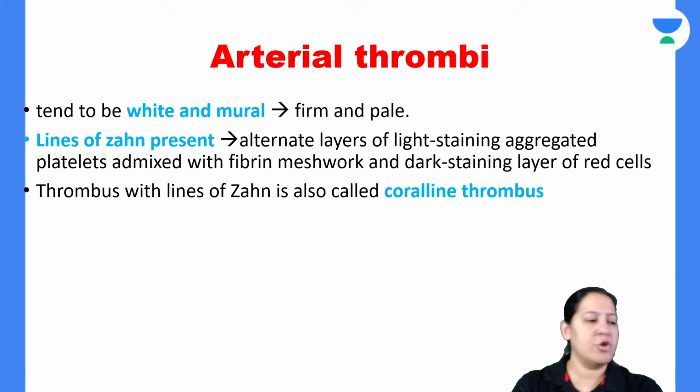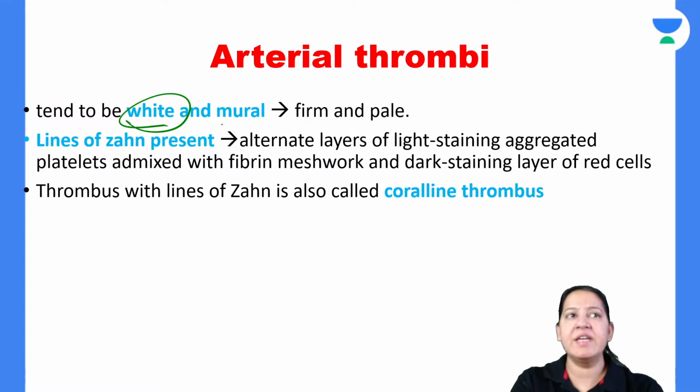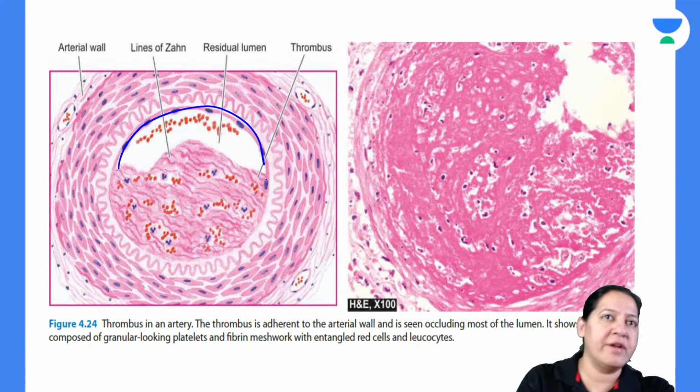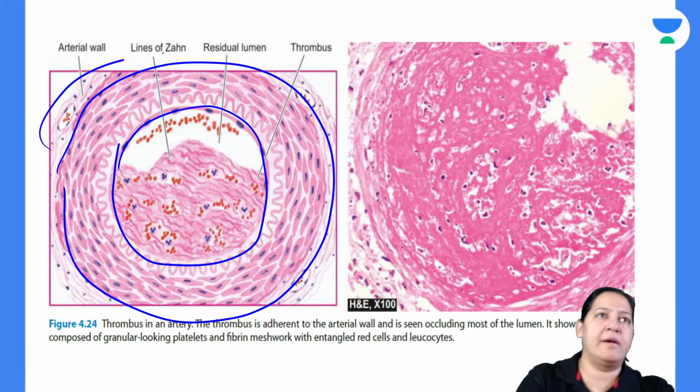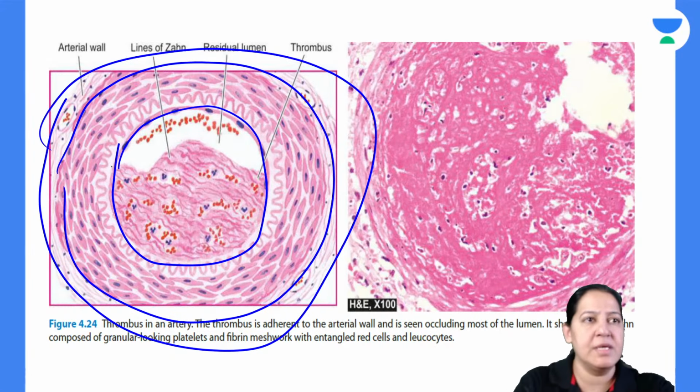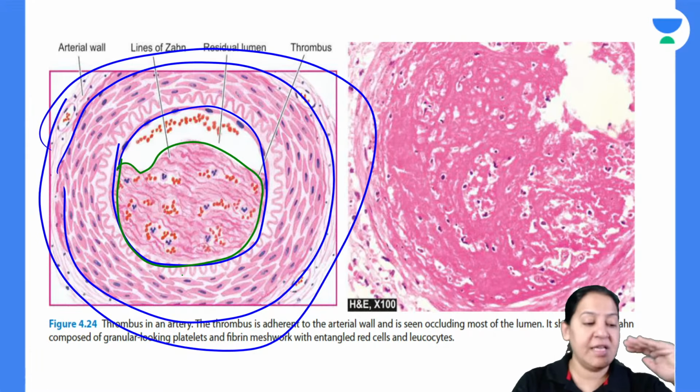Arterial thrombus, you can see it is white and it is mural, that is partially obstructed. Now see, this is the diagram of an arterial thrombus. Can you see the lumen of the artery? This is intima, this is media, and this is externa. See the three layers of the artery. Inside that, please appreciate the thrombus. Now see, it is partial. It is not complete.